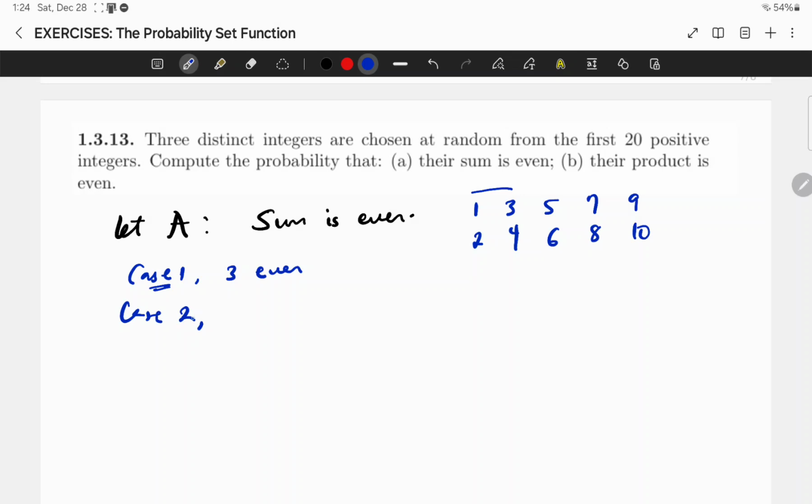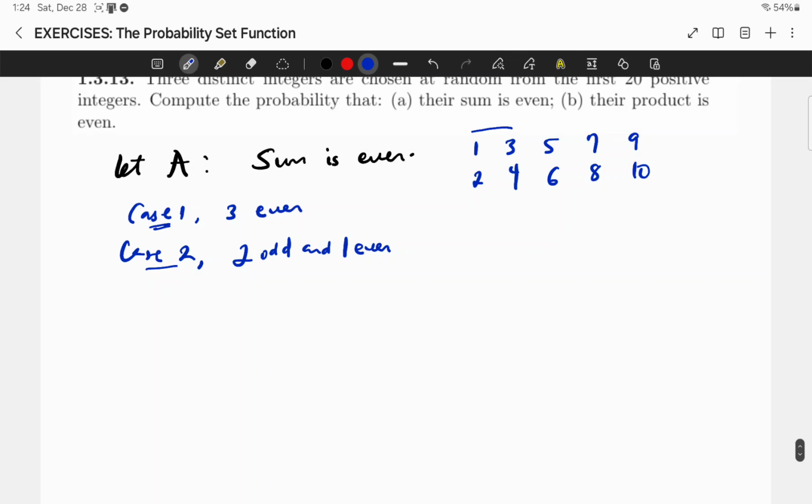So that means that we can have 2 odd and then 1 even. I believe those are the two possible ways. So with that, the probability of A,